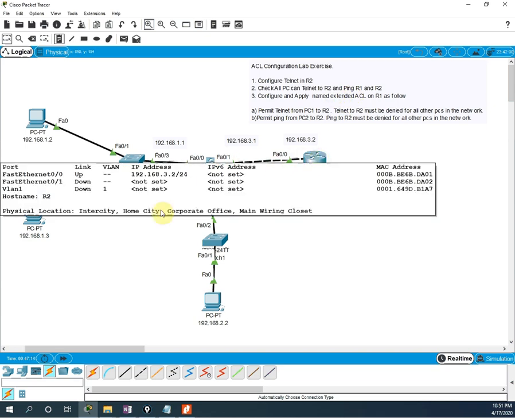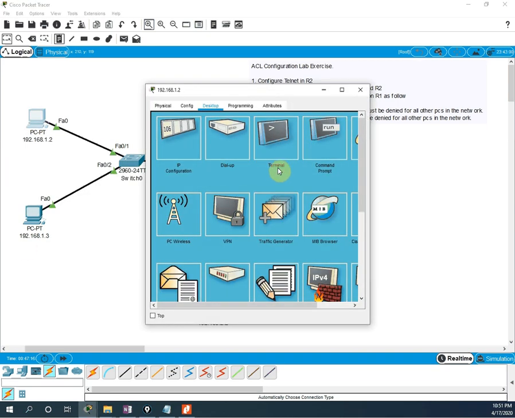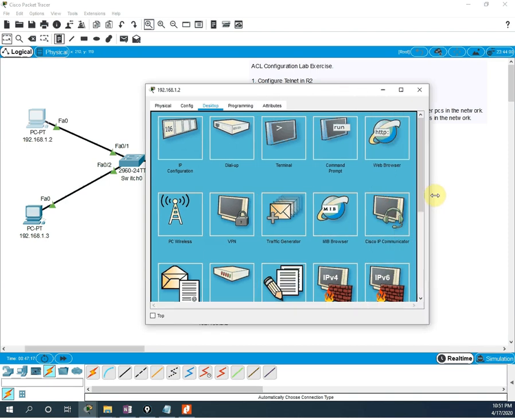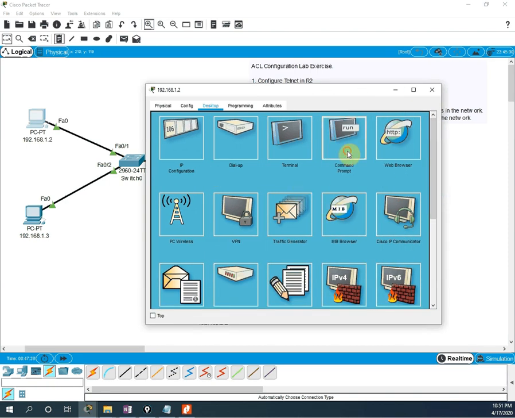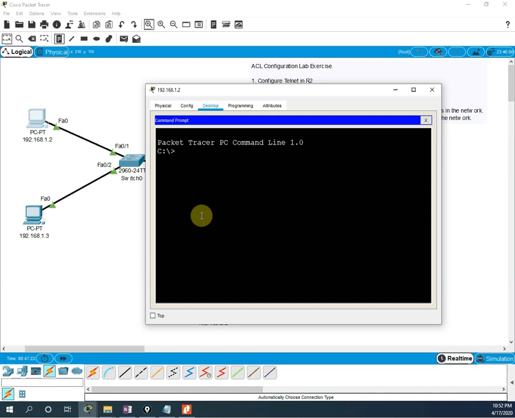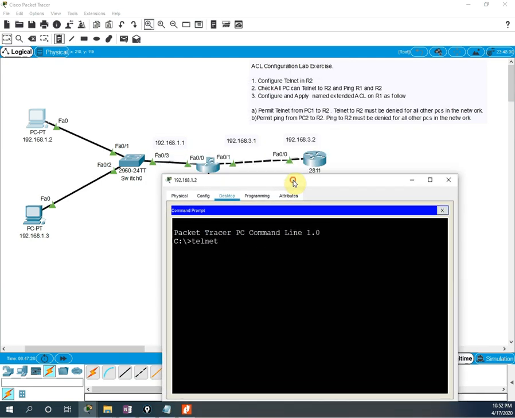Okay, so what I will do, I will go here first to PC1, and I will go into the CLI, then I am going to telnet. What is the IP address for the router R2? 192.168.3.2, so we need to write telnet 192.168.3.2. See, it is asking me for the password, so we are able to telnet. The telnet password is 12345.